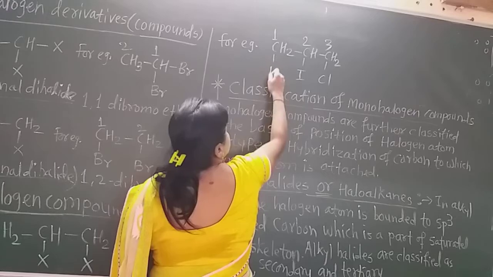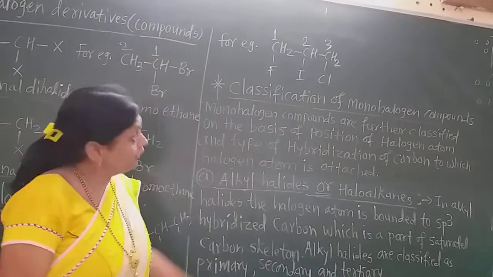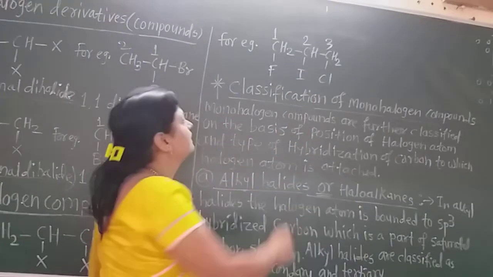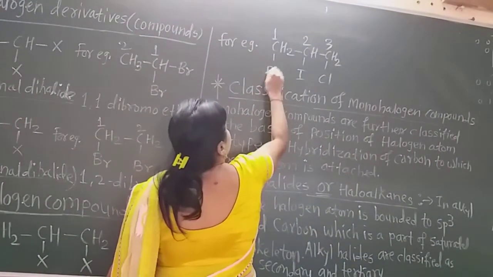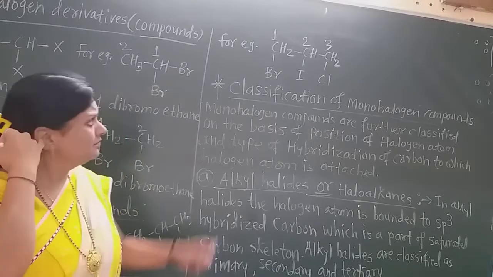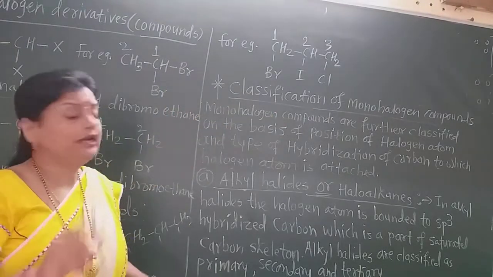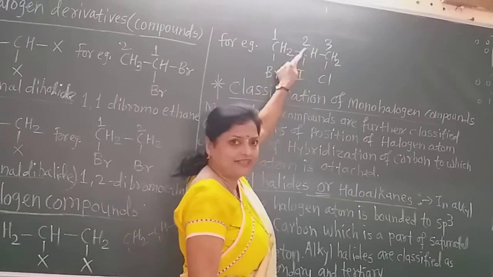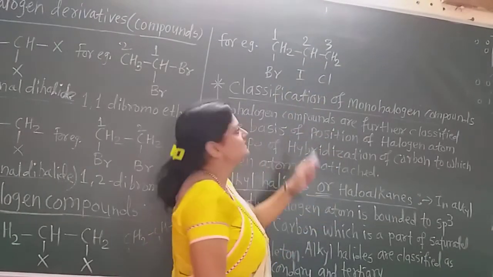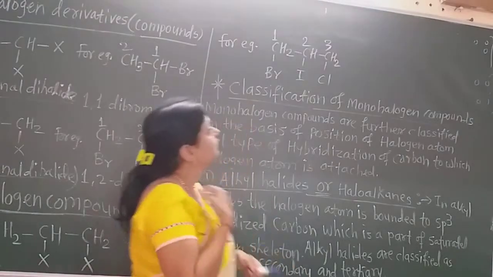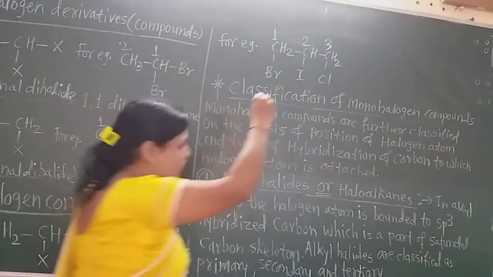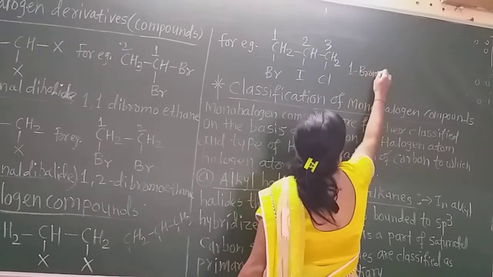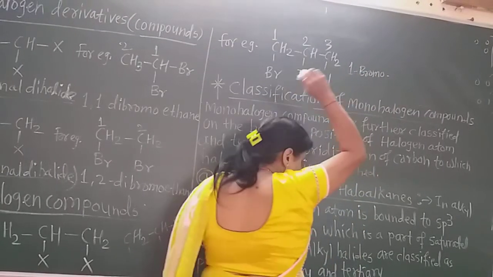That is, if fluorine is there, then you must start from C because C comes first, then F. Remember that. But here is bromine. So how can we number? In the chain you always do not number as 1 and then this chlorine C is there, so 2 and 3. This is not correct. Always number in a straight chain. Okay. Now this is the 1 bromo. How is the name? 1 bromo. Again the second, alphabetical, C comes first.